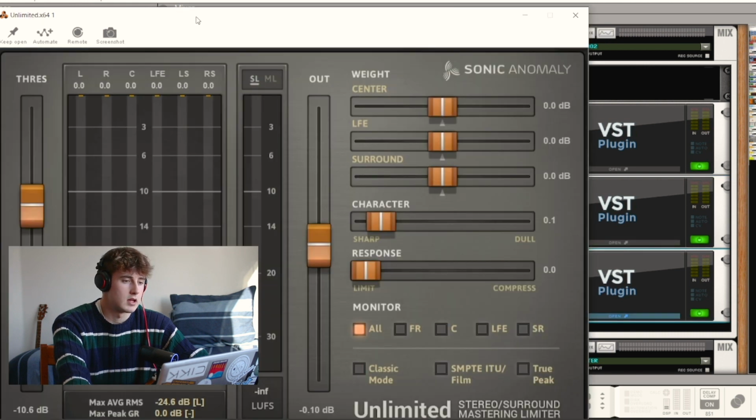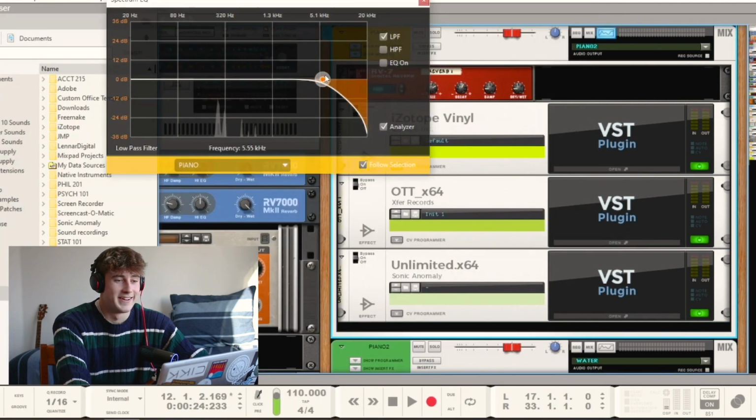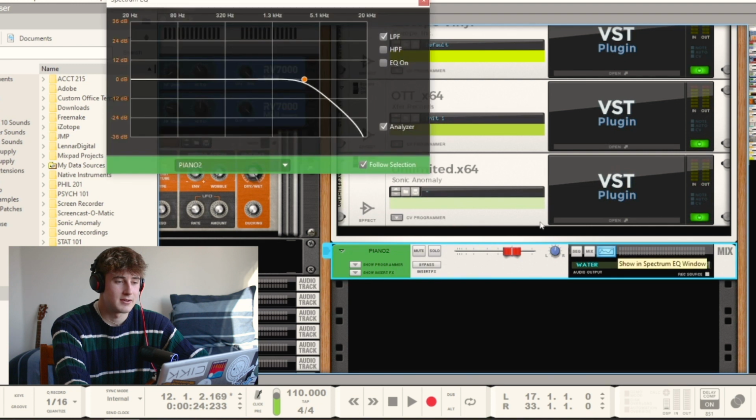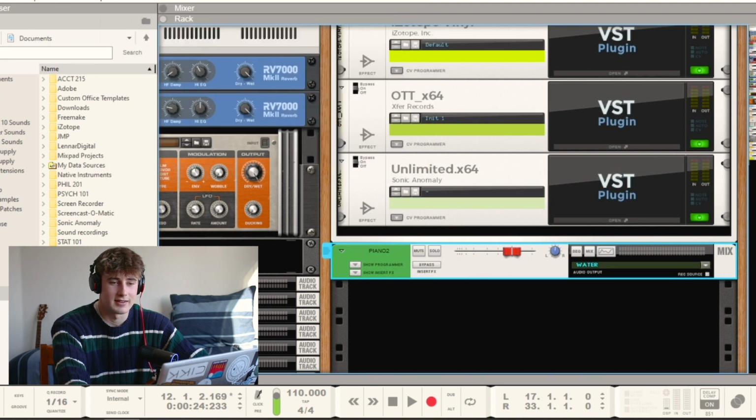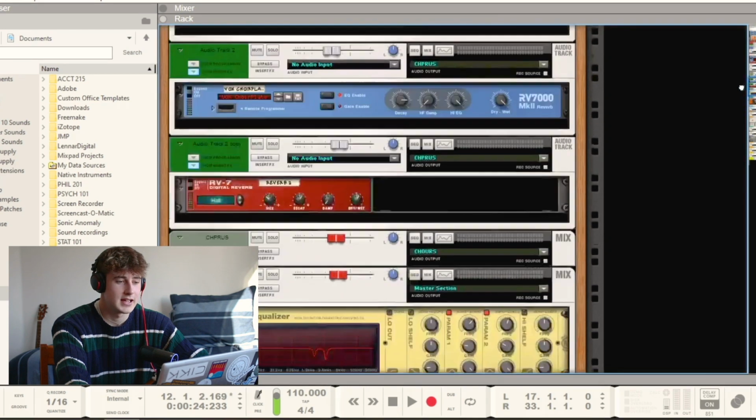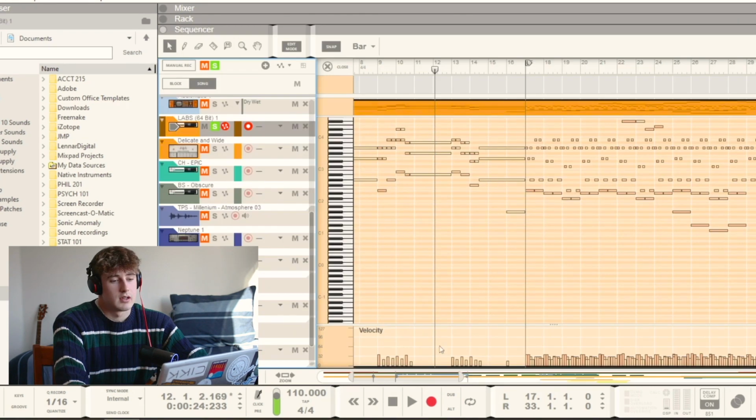I also used this unlimited terrible EQing here. I literally just took off some of the high ends. And then for the second piano, I just took off more of the high ends. Wow, okay, all right. I didn't even take anything off the low ends. And while this piano here